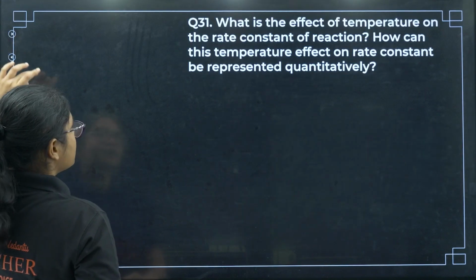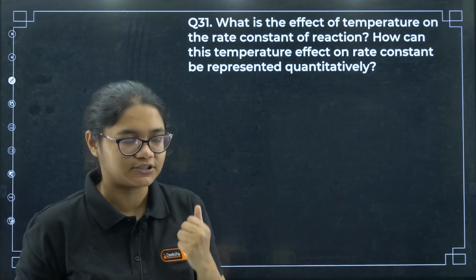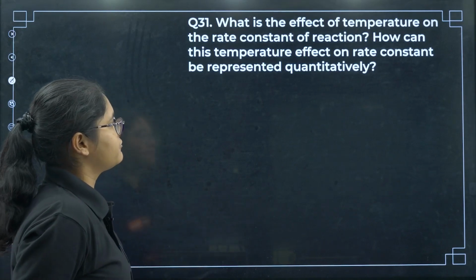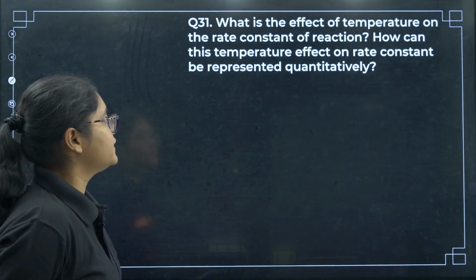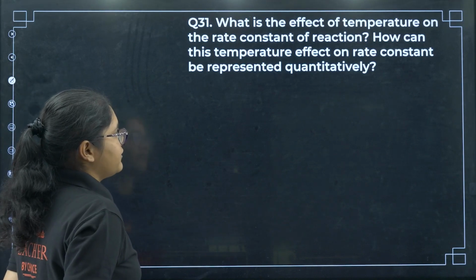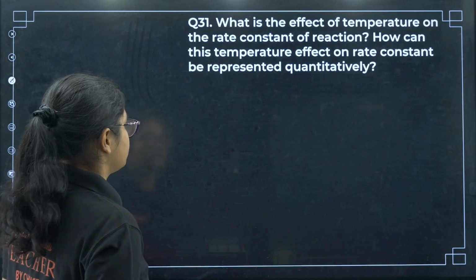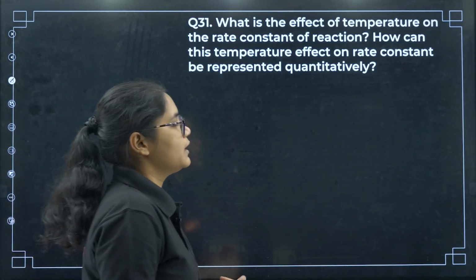Now we will go to the 3 marker questions from the physical chemistry section. The first question is, what is the effect of temperature on the rate constant of a reaction? How can this temperature effect on the rate constant be represented quantitatively? Okay, so very easy question. So if you know what happens,